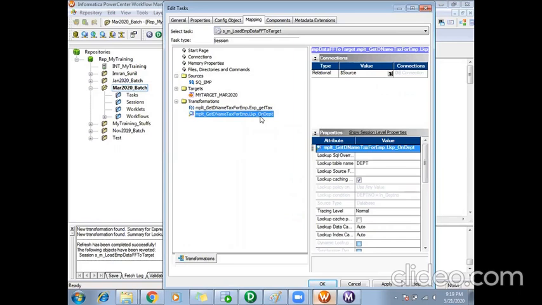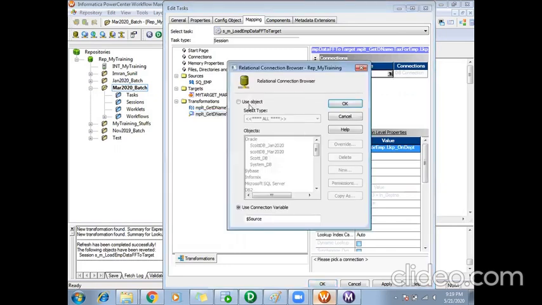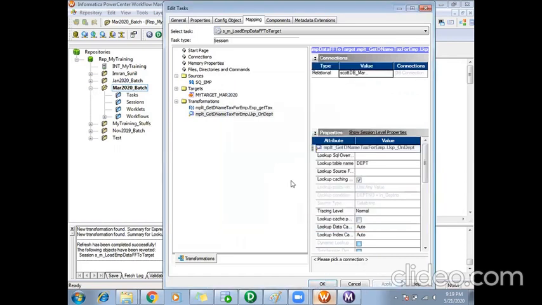One second, guys. So it tells you the list of transformations you have used. Lookup, we need to give the connect.